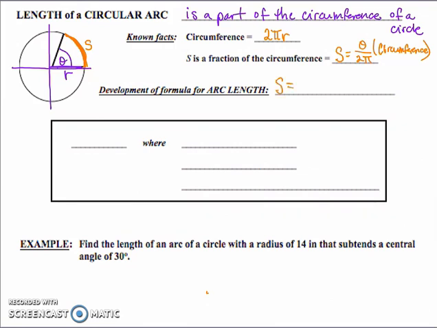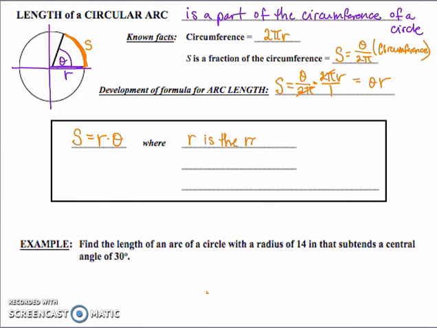It would be that our arc length, the arc length of a portion of an angle of our circle. So the arc length S is equal to theta divided by 2 pi times the circumference of our circle, which is 2 pi r. And so when you look at this formula, when we multiply straight across the top and straight across the bottom, the 2 pi's cancel out, so we just end up with theta times r. So our formula, S, or our arc length, is going to be equal to our radius times theta,